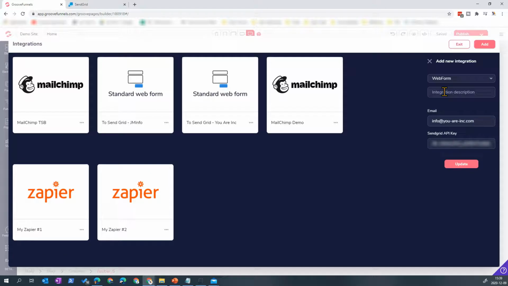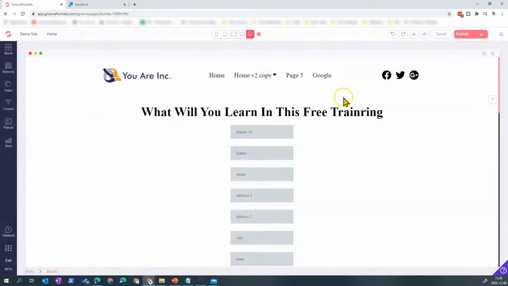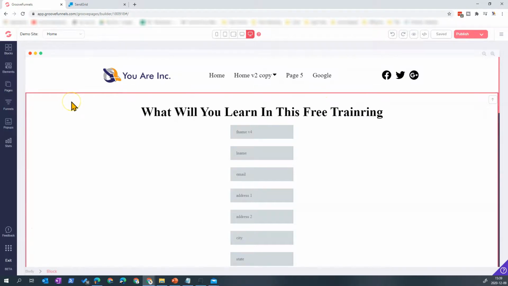I will say update. So I see a new one here. I can exit here, and now I will try to connect this to a new form.